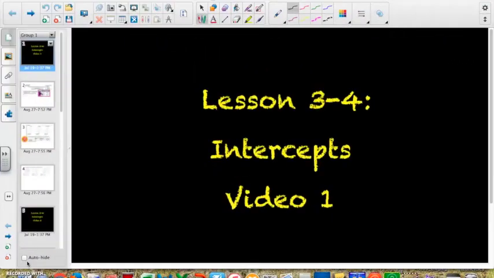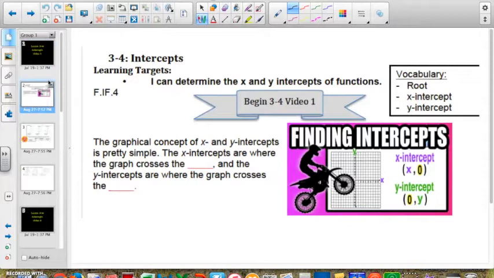Welcome to the first video in lesson 3-4. In 3-4, we're going to be focusing completely on the intercepts, yet another one of our characteristics that we're going to be discussing in Unit 3. Specifically, we're going to look at the x-intercept and the y-intercept. So we've talked about these briefly before, but we're really going to hone in and focus on them in this lesson. So an x-intercept is where the graph crosses the x-axis, and the y-intercept is where the graph crosses the